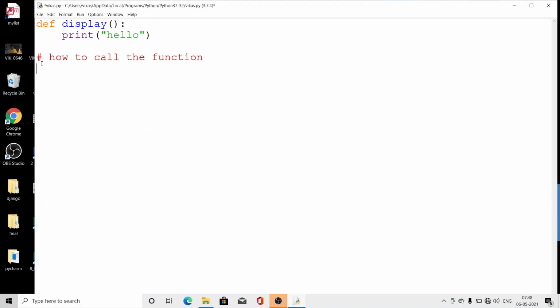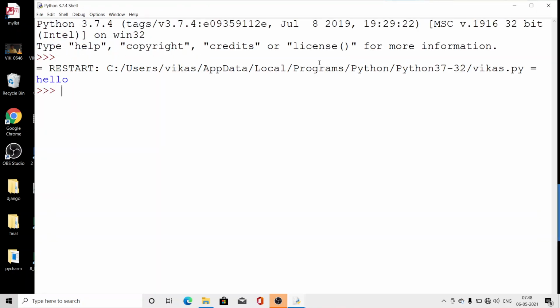For calling, we have to write the function's name exactly as I have written it. We have to keep in mind that Python is case sensitive. Case sensitive means whichever letters I have written, the same letters we have to write. So here I have written display in the same way. This is a way of calling. This is a way of defining. In defining, we have to use the def keyword, and at the time of calling we will call only with the help of the function's name, and our function's name here is display. So look here, now I am running this. I will get the message hello.